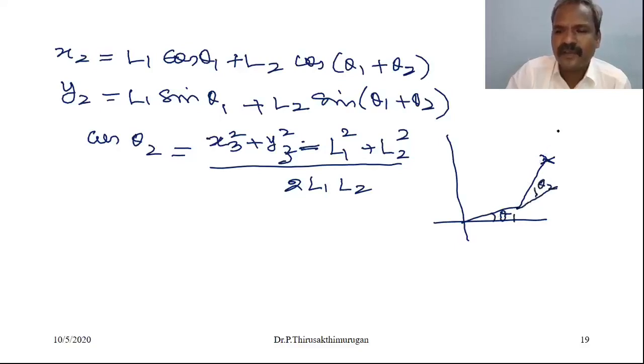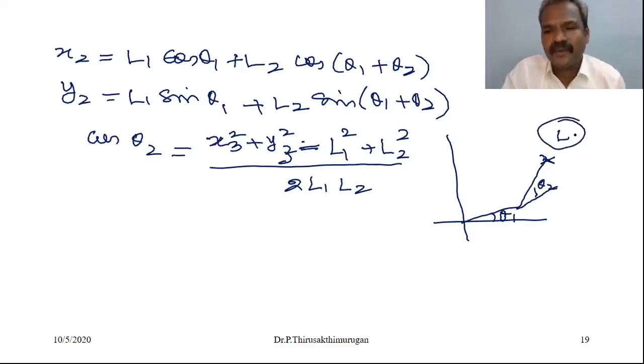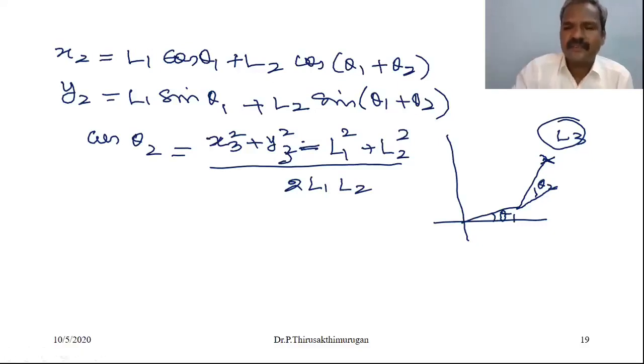We forget about this third link. Okay, you forget about third link. So third link is very simple. What is third link parameter? Third link parameters are x3 and y3. So you can easily have the values of x3 and y3. You forget about those things. So we first solve considering L1 and L2. We solve only L1 and L2.